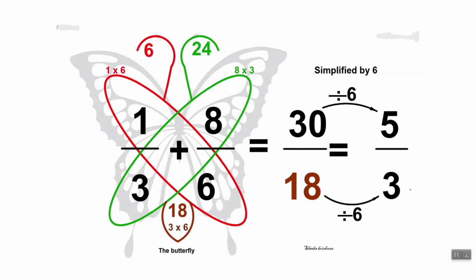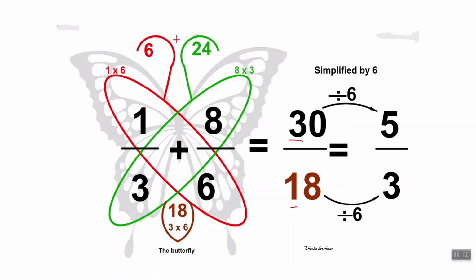Let us take one more example. Here we have 1 by 3 and 8 by 6. We will add 1 by 3 and 8 by 6. First we will multiply 1 and 6. 1 times 6 is 6. Then we multiply 3 and 8. 3 times 8 is 24. Then we will multiply the denominators 3 and 6. 3 times 6 is 18. Now we will add the numerators, that is 6 and 24. 6 plus 24 is 30 and the denominator is 18. So 30 by 18. Since it is an improper fraction,